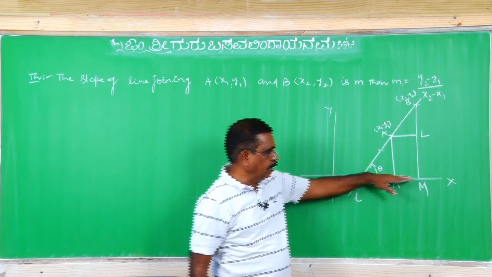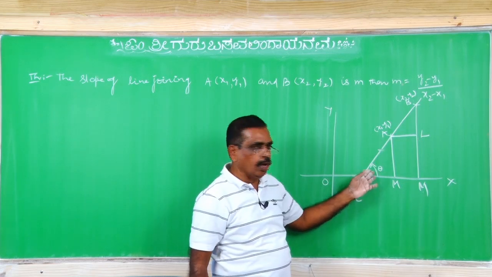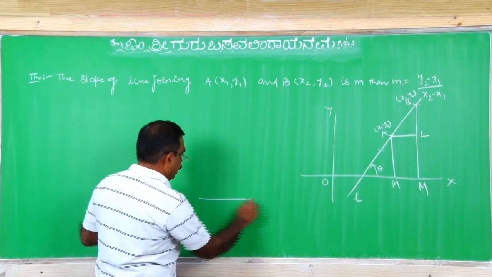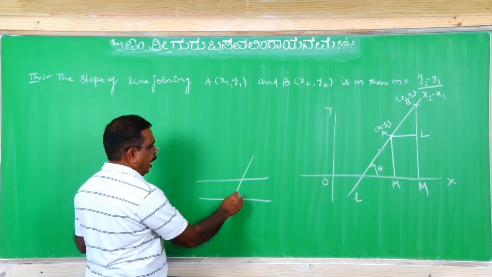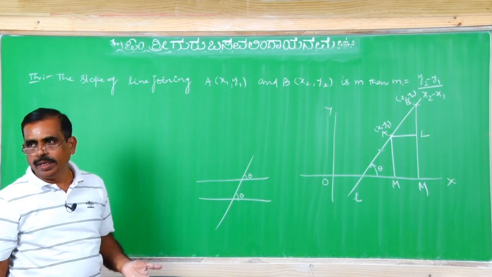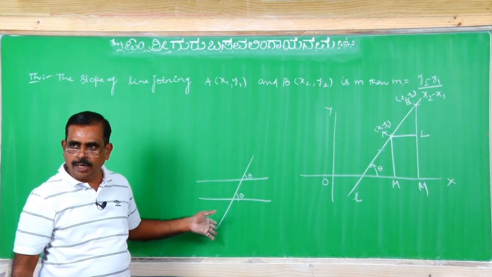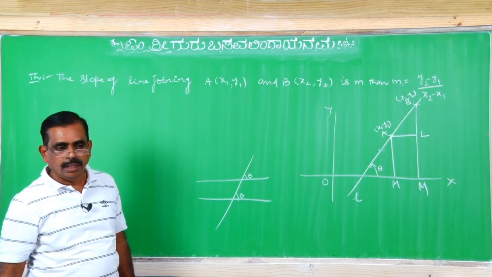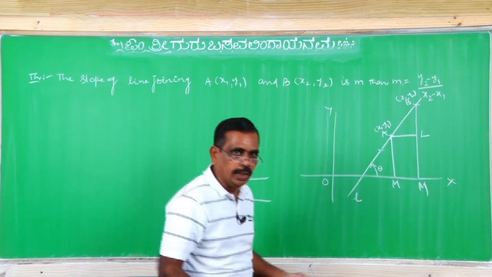Because here this is a line. This line and this line are parallel lines. Here the angle is how much? The same angle you will get here, because 2 lines are there and I am cutting in this manner. Here the angle is theta, means here the angle is also theta only. This is the transversal. Correct, na? This angle and this angle are equal. If you don't know it from previous geometry, learn it now at least.